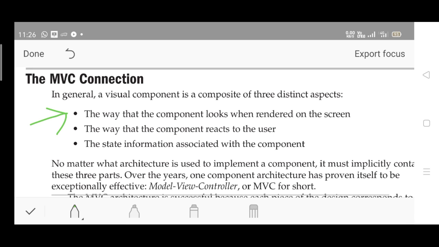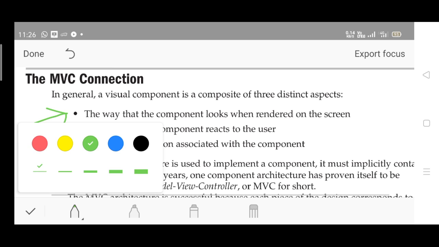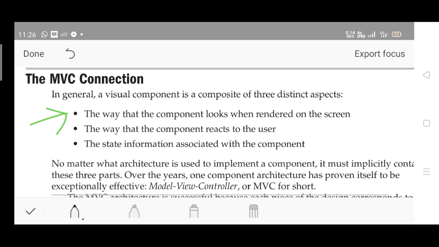This is general knowledge, guys. How does it look? We call it model. Then how does it react to the user? We call it view. The way that component reacts to the user, we call it view, and the state information associated with the component, we call it the controller.